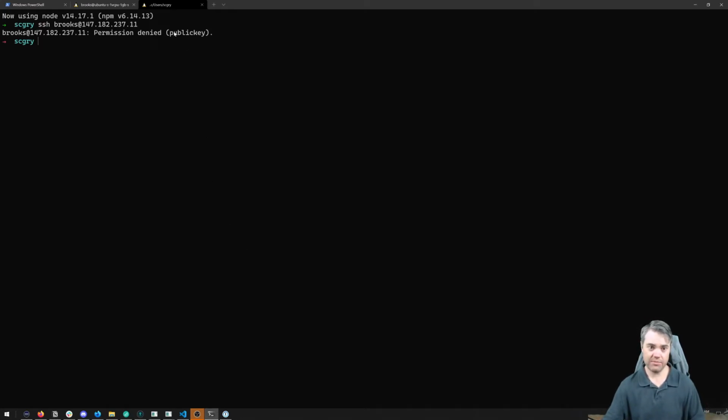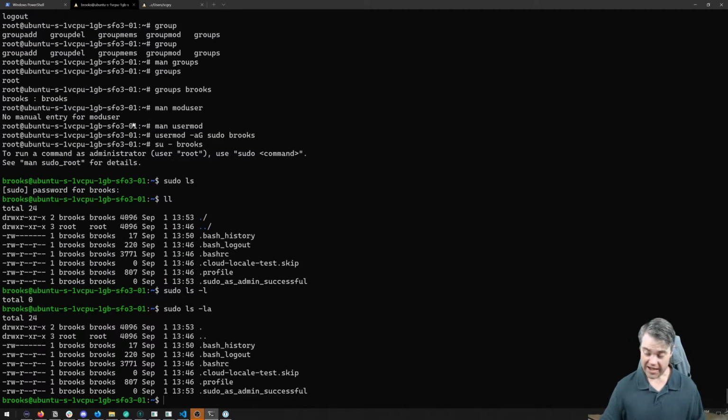Permission denied, public key. What this is telling me is that username and password SSH has been turned off. I can't actually connect in, even though this account has a username and password. I just can't do it. I have to connect in using an SSH key. So how do I do that? I am going to copy the SSH key over. Well, we already have the one that I really want over here in root. So I'm going to just